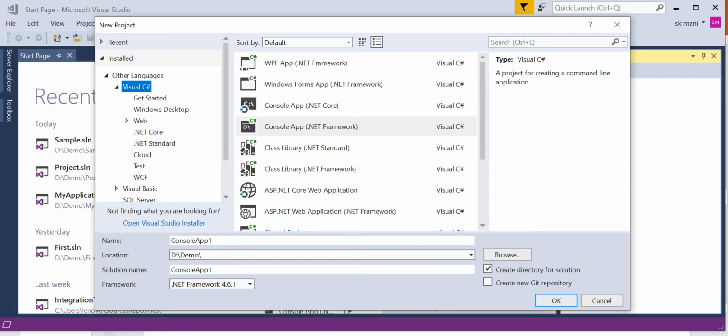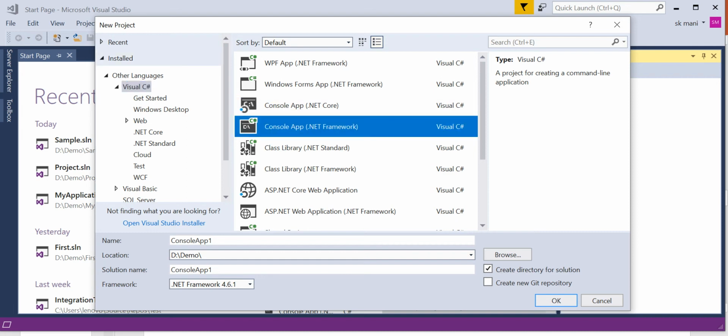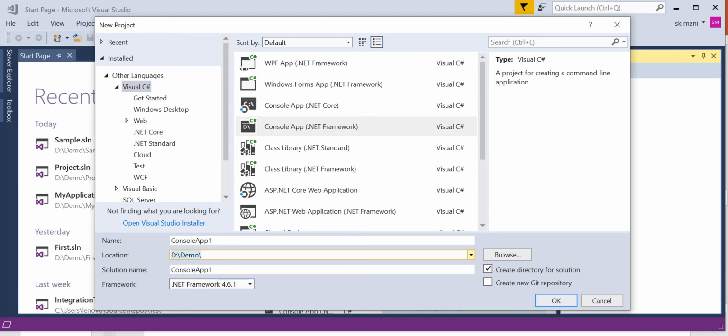Here, select Console Application (.NET Framework). I have selected a file path where our project should be saved: the D drive demo folder. Here you have to give your project name. I'll give sample as my project name. Click OK.